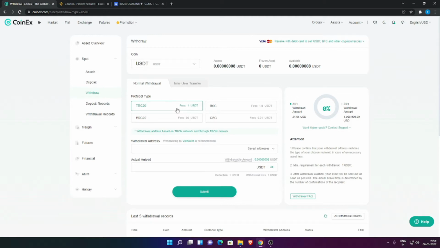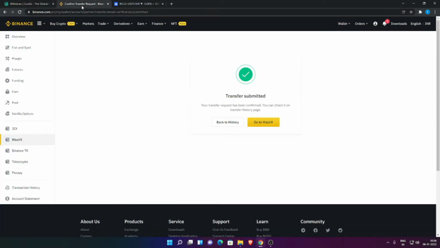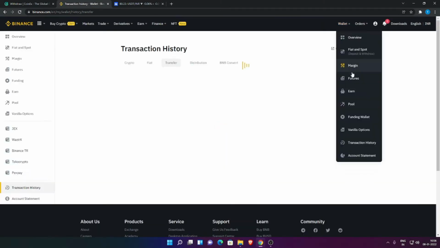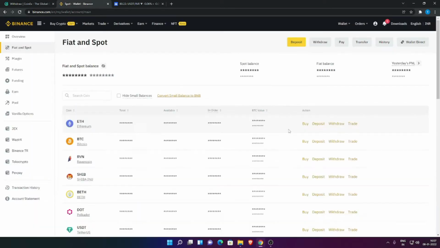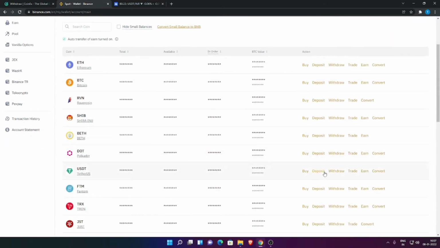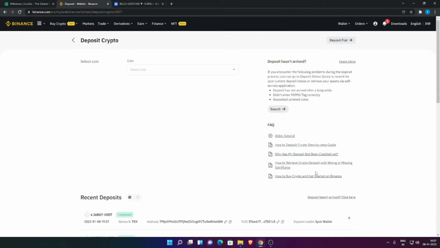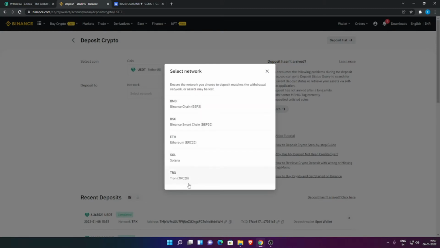So one crucial step after this is that you need to go into Binance, okay, and go to your wallets. And in the wallets, you need to go into your Tether USDT. You have to select that coin and click on deposit here. Once you click on deposit, it will select USDT, and from there, the most important step is you need to select TRX or the TRC20 protocol.